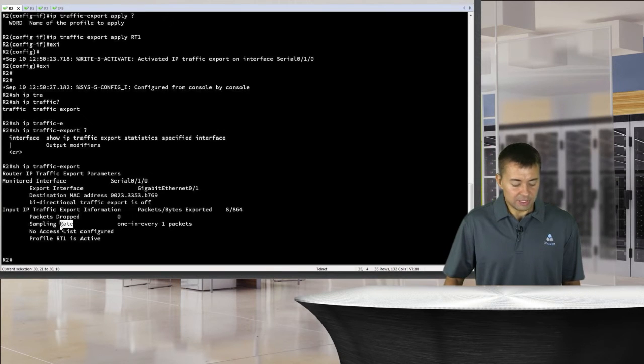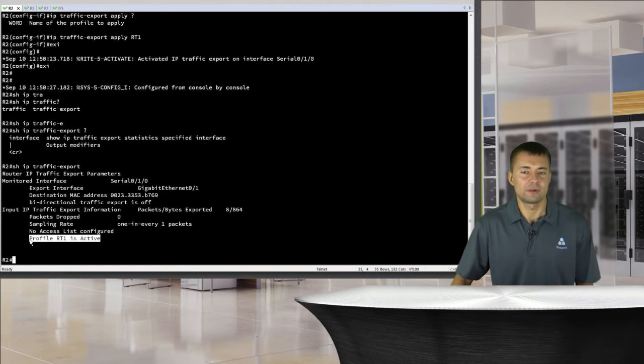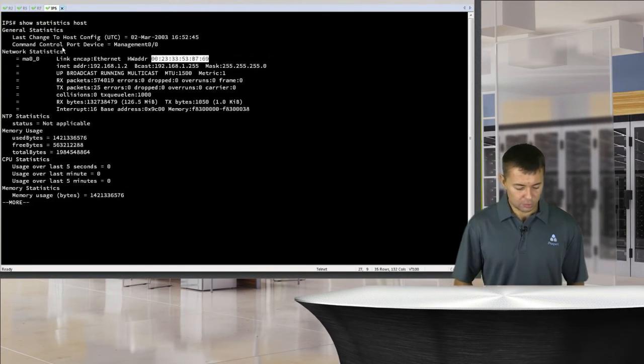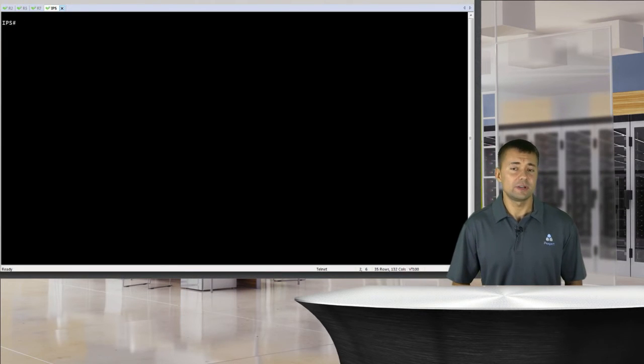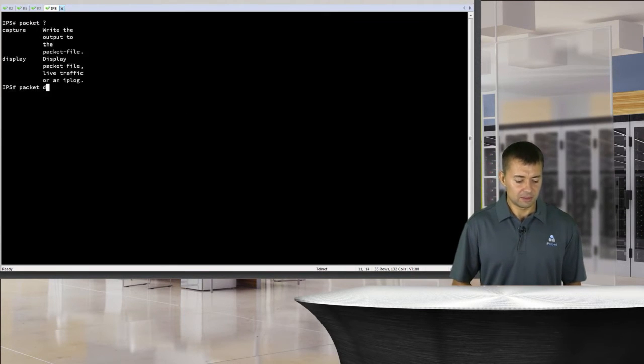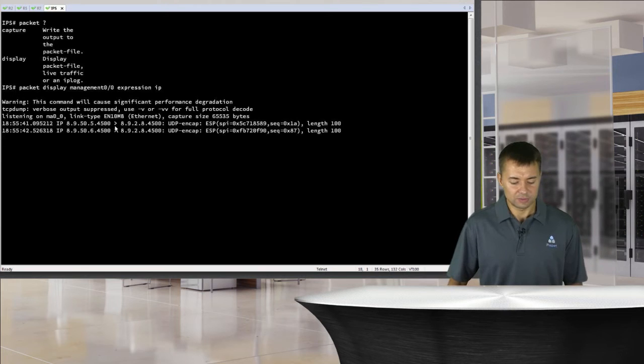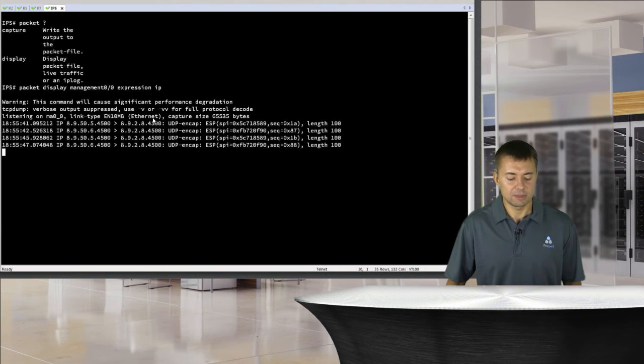Now it says that the sampling rate, which is once again how many packets you want to copy, is basically every single packet. No access list was configured. This is the address of our IDS, and finally it says that our configuration, the profile, is applied, the feature is activated. So on IPS, the way I'm going to show you that we are actually delivering the packets is simply with the packet display command for this management interface, and I will be looking only for IP packets. So it is going to show us some traffic that is flowing for the serial in the inbound direction,